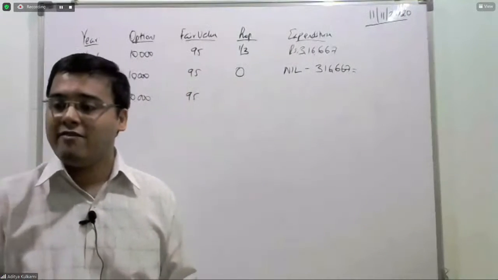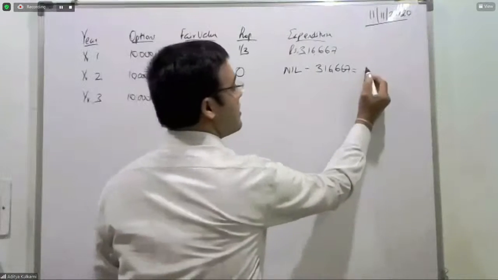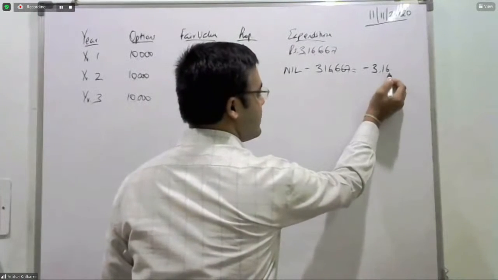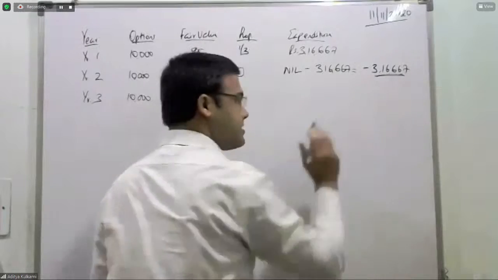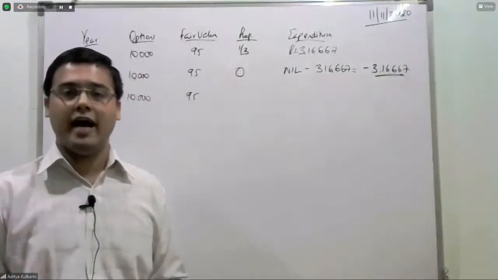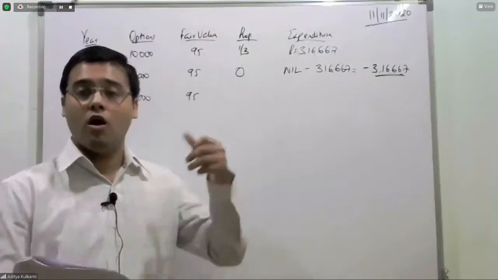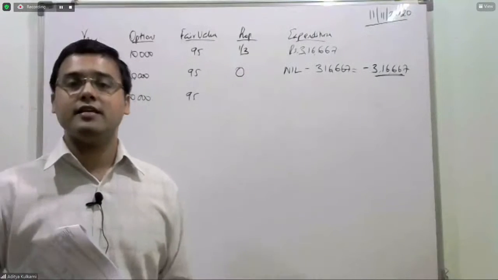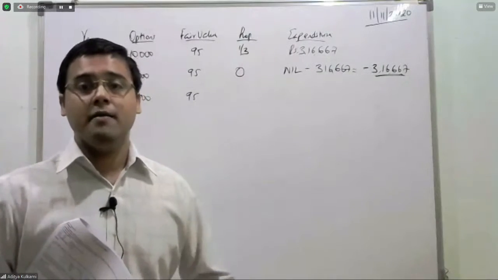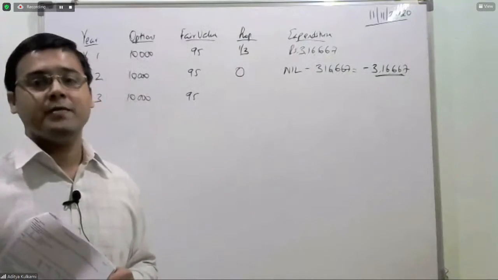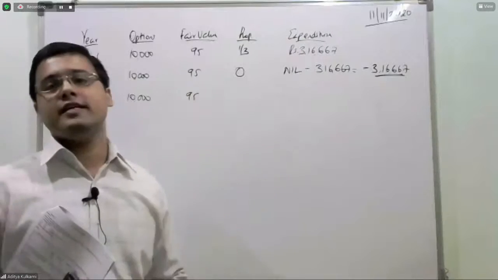3,16,667. You will have a reversal. Minus 3,16,667 is the reversal that you have. And this is something that is very questionable when you are auditing this estimate, because if this is the scenario, then anybody can do an earnings management